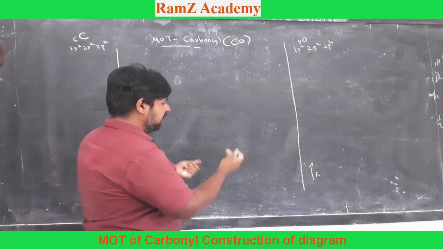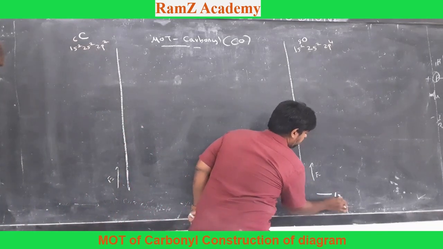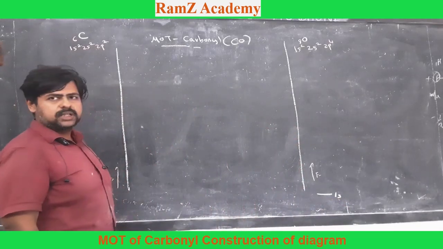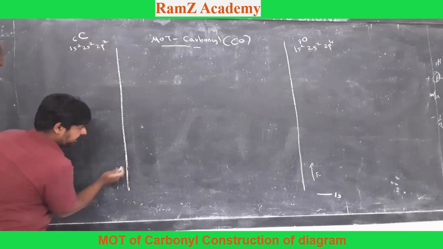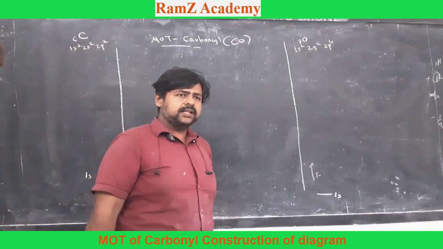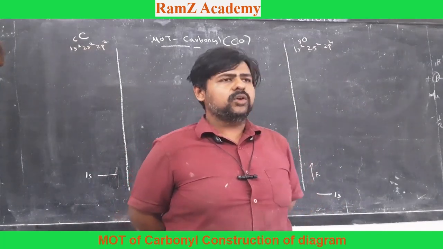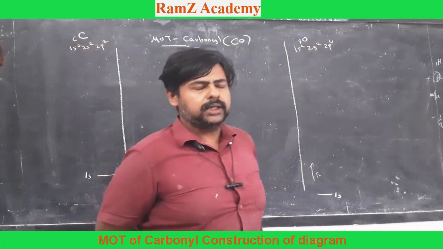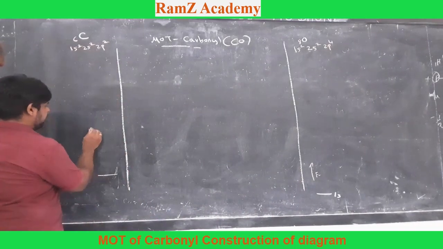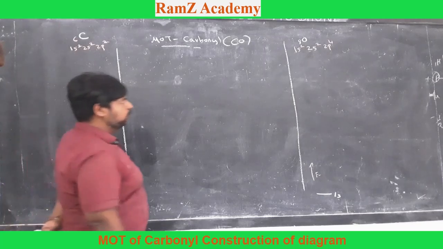Oxygen being more electronegative, we will have the 1s here. And the 1s orbital of carbon is going to be a little bit higher than that of oxygen because carbon is less electronegative. This placement is very important. Otherwise, we would not be able to draw as well as interpret this MOT diagram properly. Once we have this 1s and 1s, there comes 2s. Let us say we have the 2s here and 2s of oxygen here.